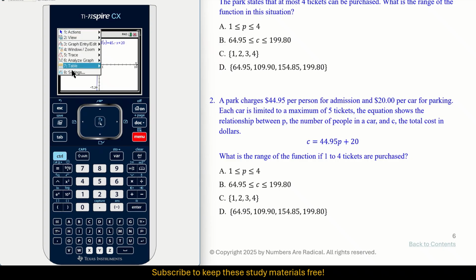And then as you see, table is number 7. So I've got mine highlighted, and then I'm going to push number 7. And it doesn't enter right away. I have to go a little bit longer route to get there. But as you see, now I have that. It has created a table with this function, and I see 1, 2, 3, 4, the values, which coincide with